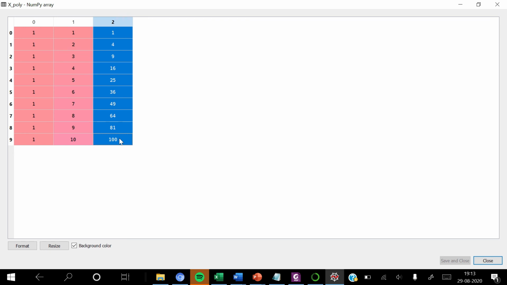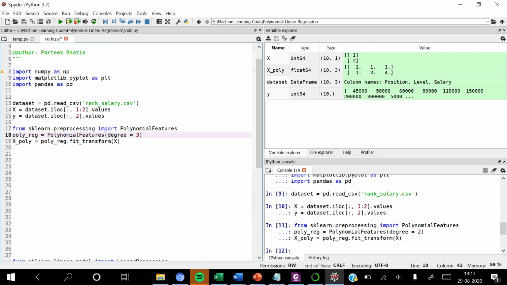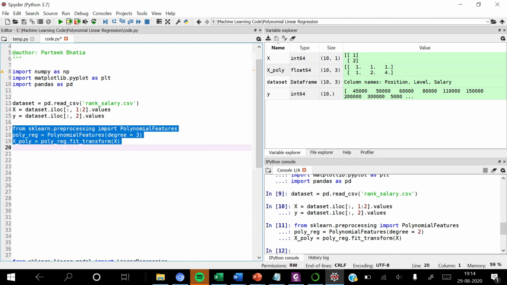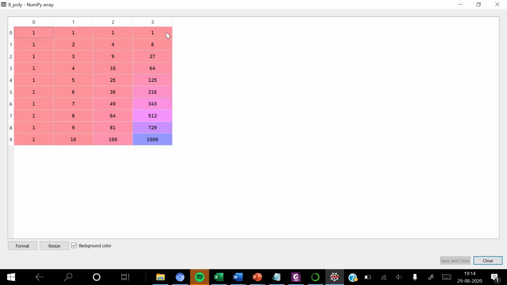Here X1 is level. By changing the value of degree, we can get X up to degree 3. Let us execute this statement to see X_poly in this case. At this point we have X1 cube. Here we have 2 raised to power 3, which is 8. Similarly 6 raised to power 3, which is 216.